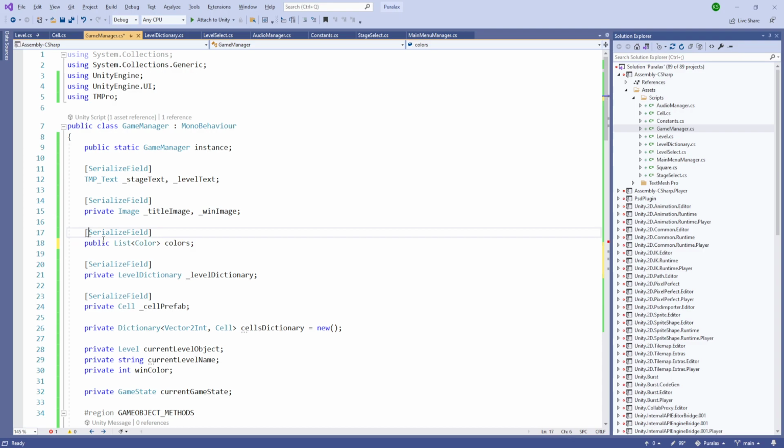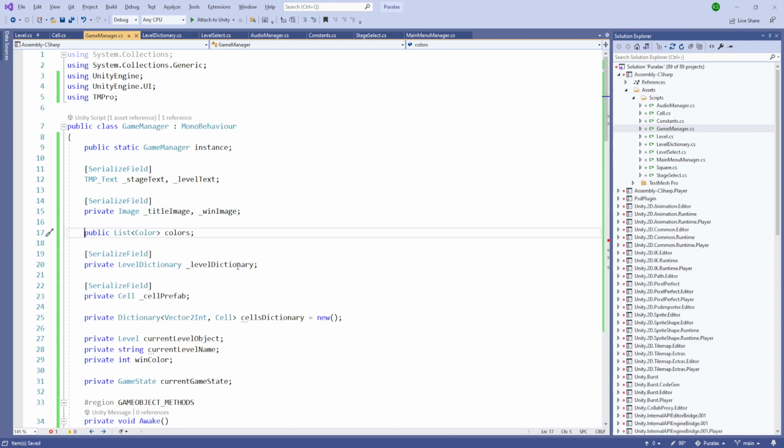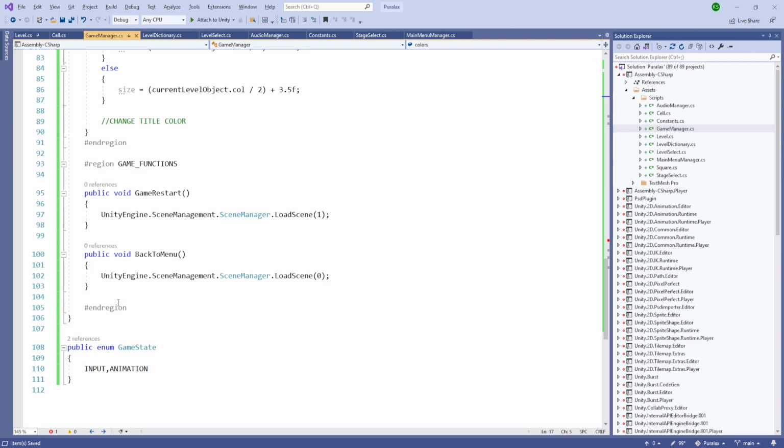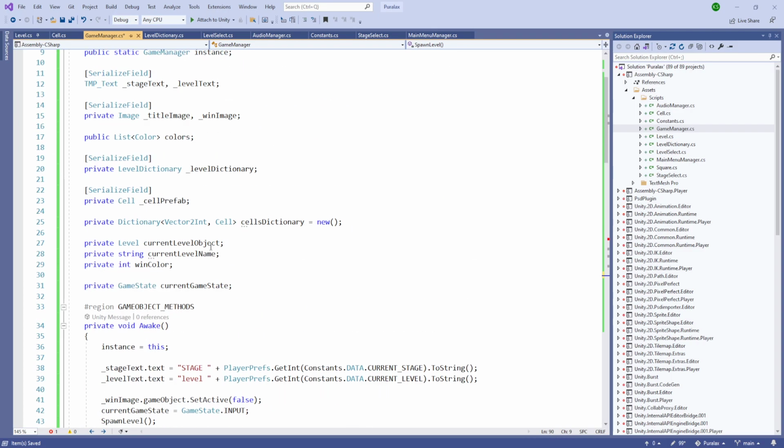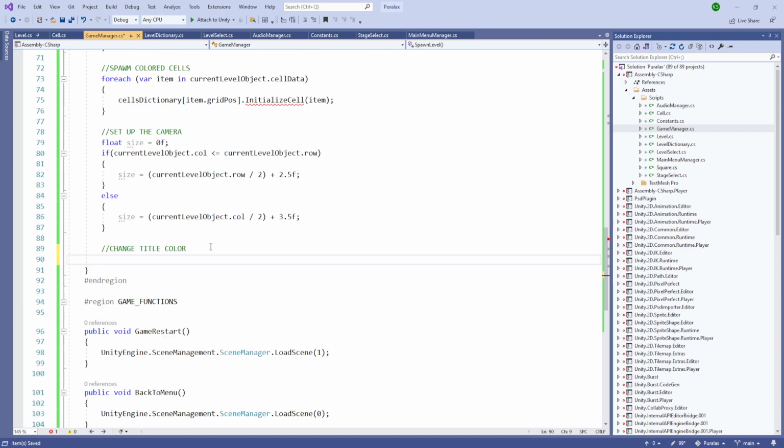Directly set to public, so everything can access it. And where's our change the title color, which is going to be our title image dot color is going to be colors for our win color,